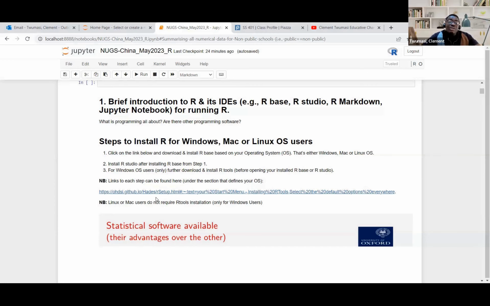So here we are talking about statistical programming or mathematical programming. And by programming in this case, the emphasis is that we want to be able to do data analysis. Now, I'm sure most of you have already installed the R software, and if not, these are the steps you